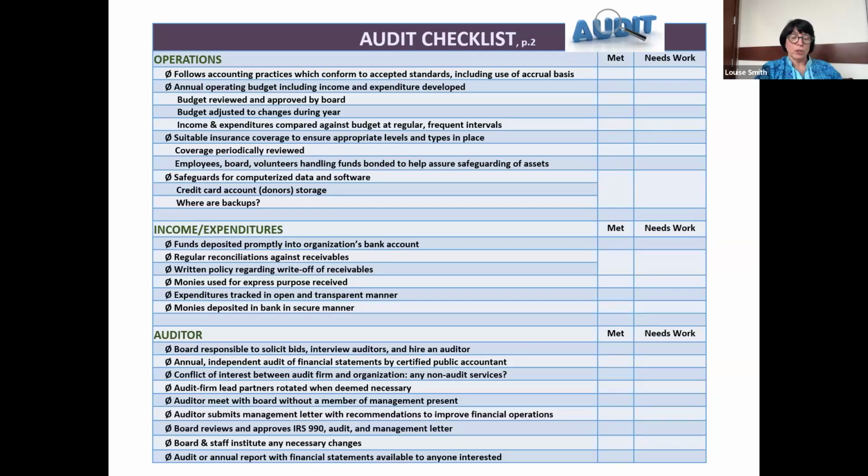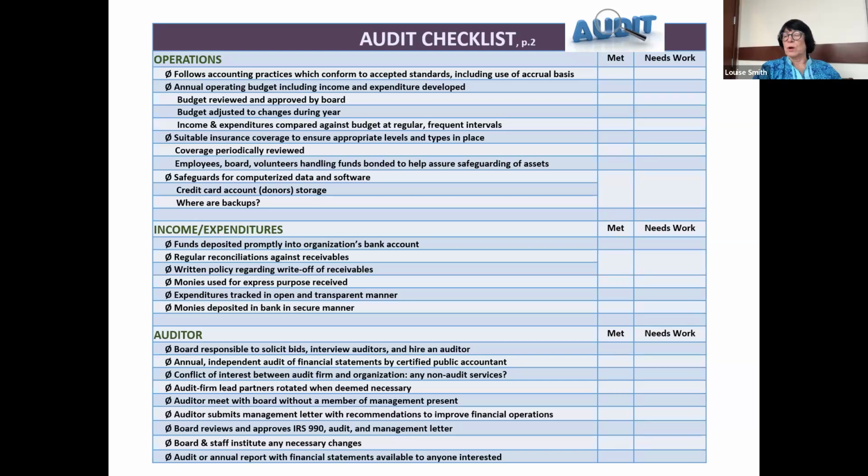Questions about income and expenditures, and then a whole list of questions about auditors in terms of who's doing what. It is important that you, the board, receive your audit, preferably that your audit partner comes and explains it and you can ask questions. Also, that you are given a chance to at least read the Form 990. Again, preferably explained to you in a meeting, because it's got a lot in it and your audit partner can really hone in on the key points.